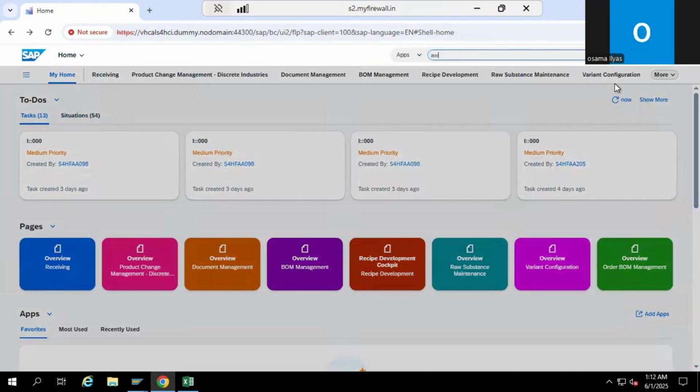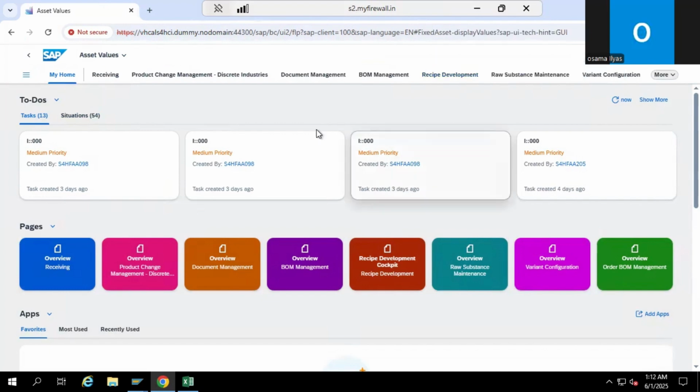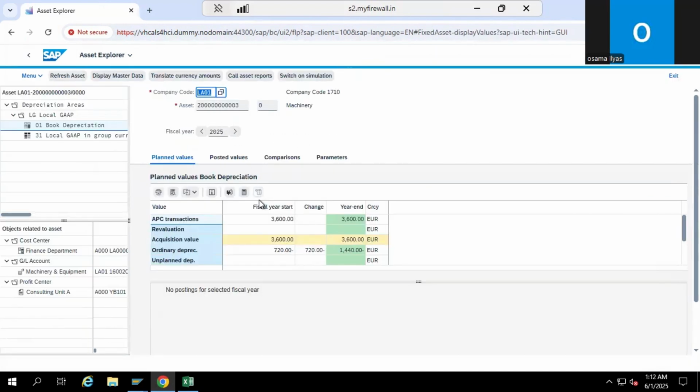Go to Asset Explorer. Okay, so in the beginning of 2025, we have a value of 3600, which is the acquisition value, and accumulated depreciation would be 720. Okay, so if you click here, posted values,